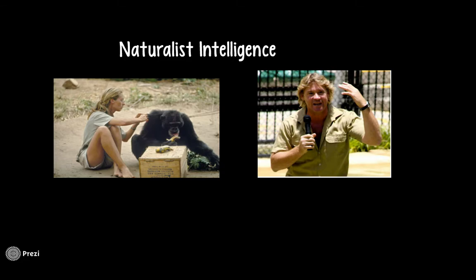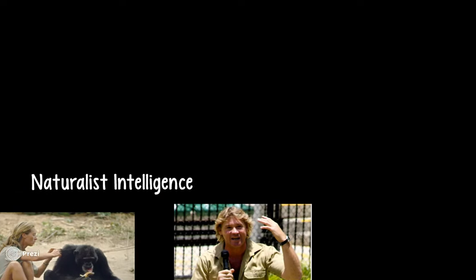Also, there's the naturalistic intelligence, which is like the ability to recognize patterns in nature. So I put Steve Irwin on there and Jane Goodall. Also, you can also think about Penny, who was a caregiver to Coco the gorilla, because they have a sense of nature, and they relate to other animals in the animal kingdom, because we're still animals, but they have more of a heart for nature and they gravitate towards nature.